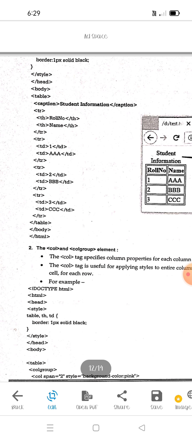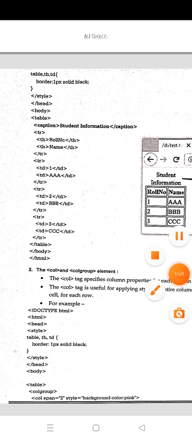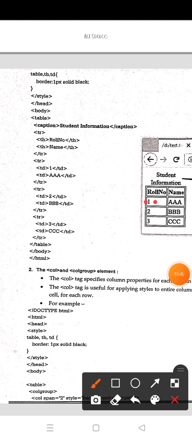We have to mention the document type, HTML root element, head, then style. This style is only for the table border, the row headers and the data we insert. For each cell, th and td, and for the entire table also, we are giving a 1 pixel solid black border.